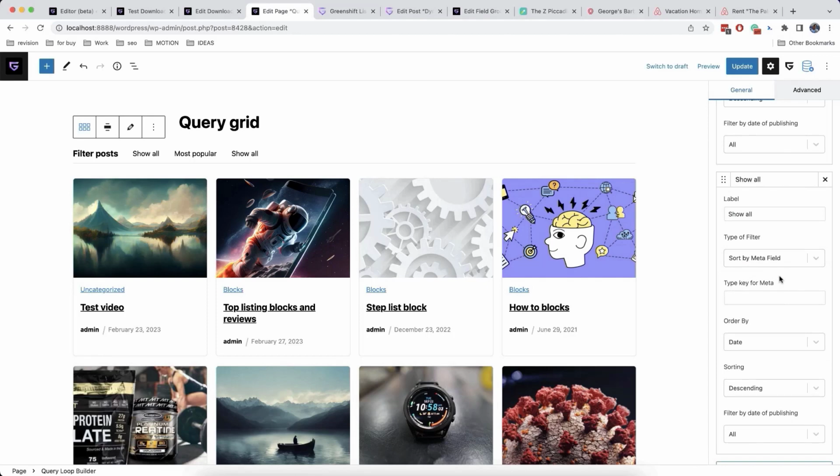So for example, I will use here meta field in which the number of views is stored. And I will enter views for type key for meta. And I will also add a label,